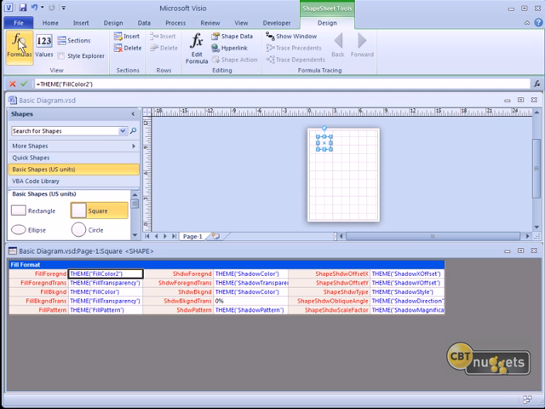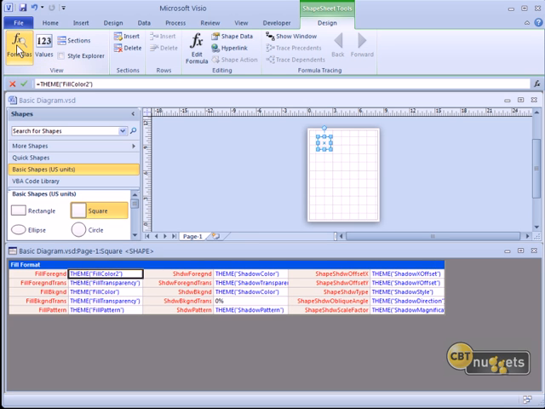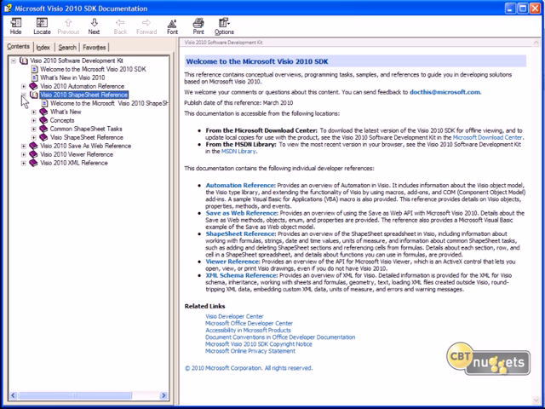You can set static values for fields, but the power of the shape sheet really comes in when we're using formulas. So this speaks to your studying the Visio shape sheet reference, which you can get to online. That may be the most current way to go, but if you've installed the Visio software development kit, they give you in their offline documentation a compiled HTML help file that includes an area on the shape sheet, the Visio shape sheet reference.